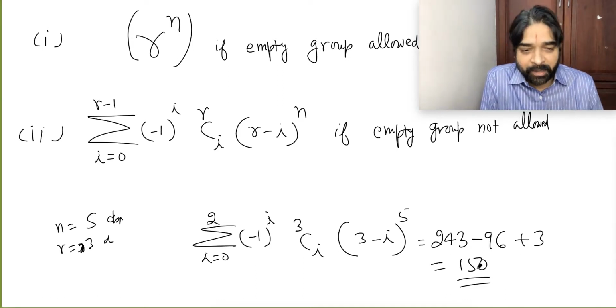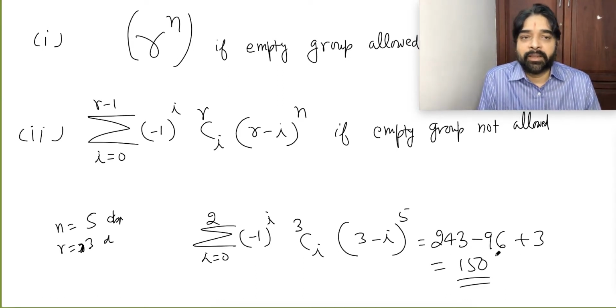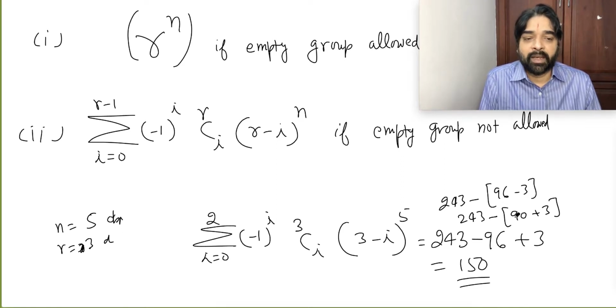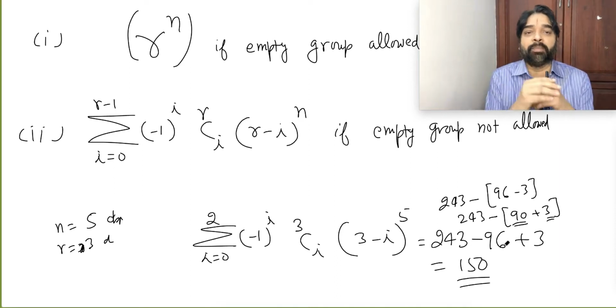If you notice, this is also doing the same thing. If you try to see properly, you will understand it's the same thing they are also doing. If you take 243, and from here take minus common, you will get 96 minus 3. Or you can say this is 243 minus 90 plus 3. 96 minus 3 is what? 93. So 90 plus 3 I wrote. See, 90 was your one empty group, and 3 was the answer that came for the one empty group. So this came by that process only, how we solve manually.